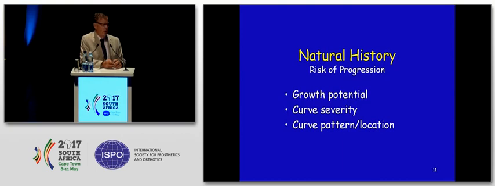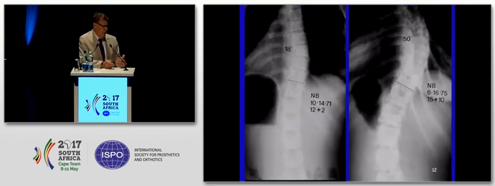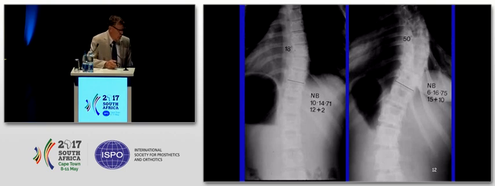It's largely related to growth potential, curve severity at the time of presentation, and then the pattern and the location of the curve in the spine. This is one patient, for example, a 12 plus 2-year-old female who on the left presents with a curve of 18 degrees,